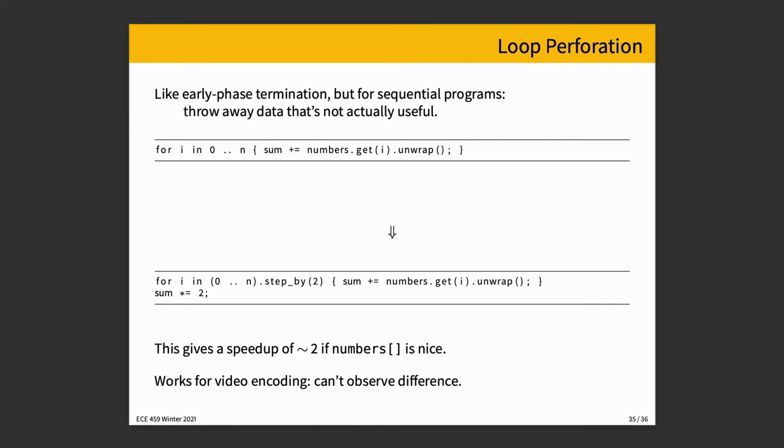And this reduces by about half the amount of computation that you actually need to do, assuming that the numbers array is nice. And this kind of thing works in video encoding, that you can drop some details because you can interpolate the details in between,